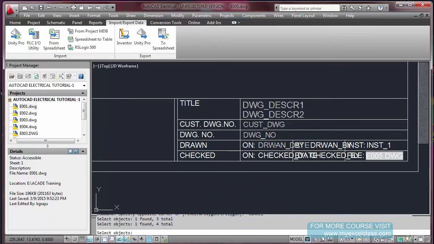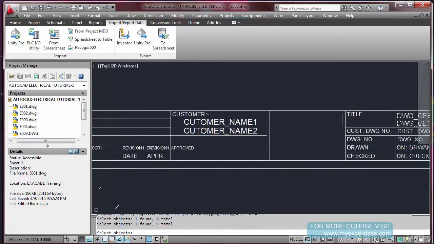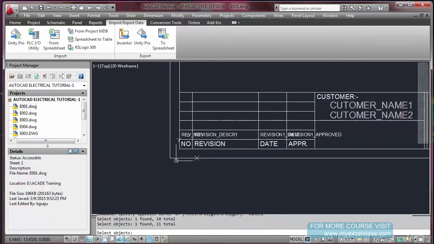drawn on, then drawn by, only the attributes, not the text. Checked on, checked by, installation, customer name 1, customer name 2, revision, this thing first, next,